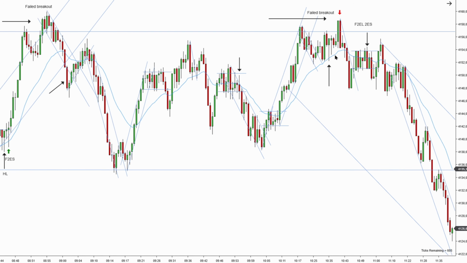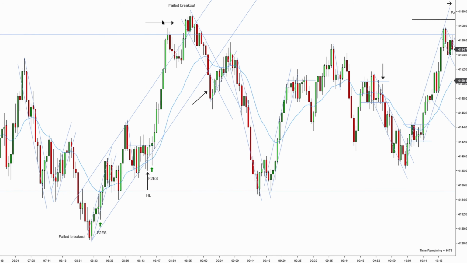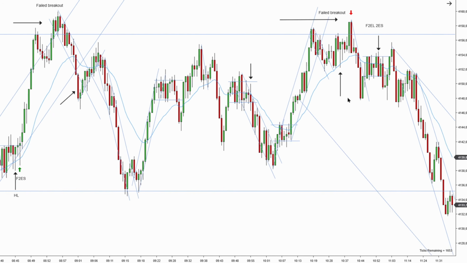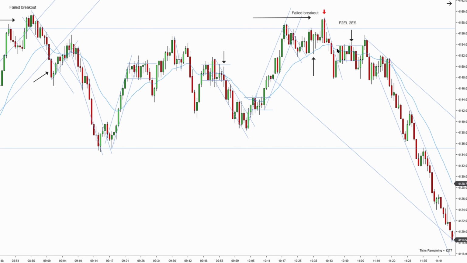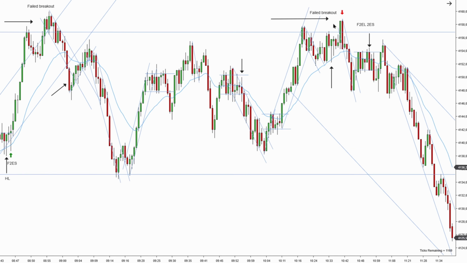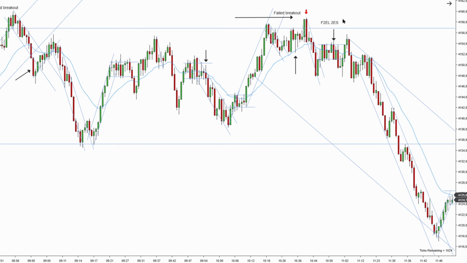And once you get a break and new extreme, and this high is higher than this, you break above the resistance, price pulls back, indicating strong bearish momentum, and this is a failed breakout. Same thing that happened right here, and same thing that happened right here. This time the uptrend played out, so this is a great high probability setup. Market pushes lower, and since you're coming from the failed breakout, you expect price to go in the